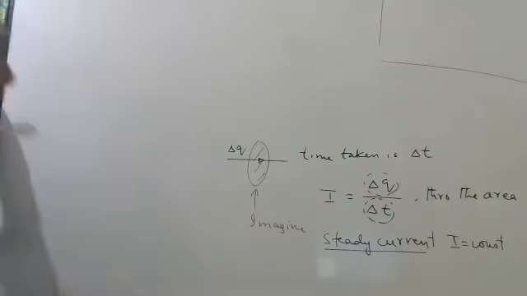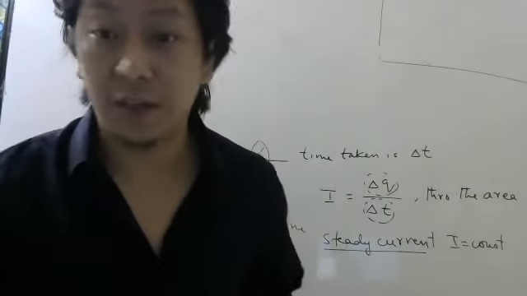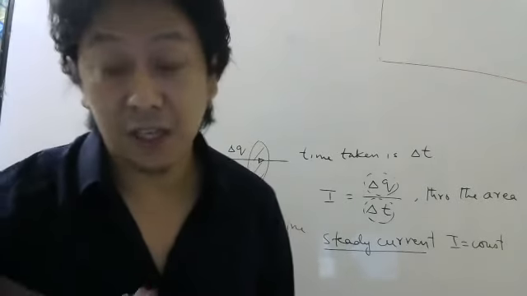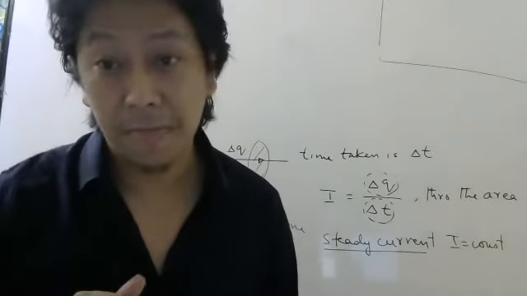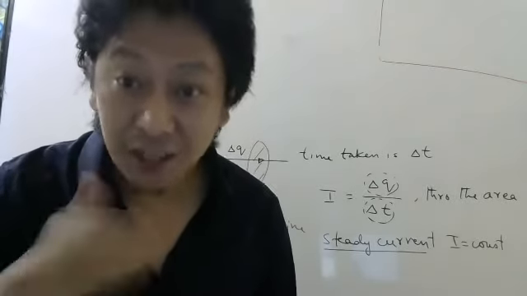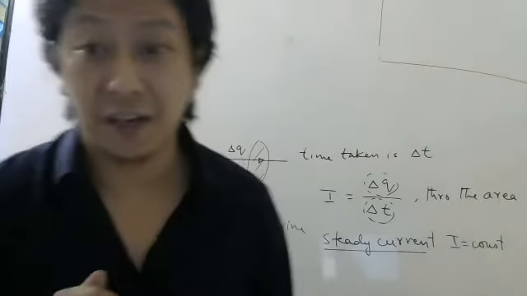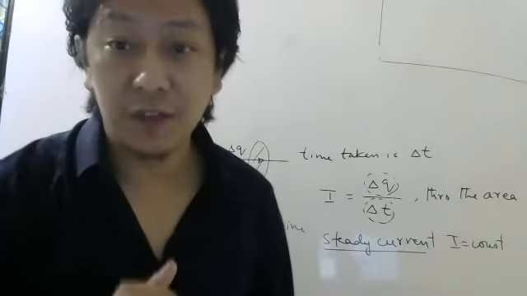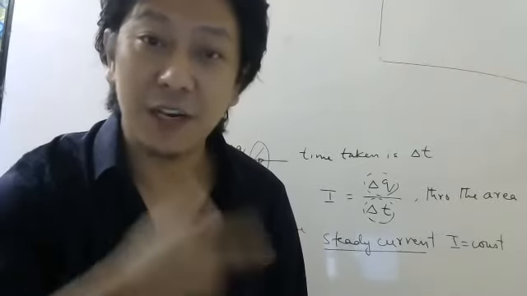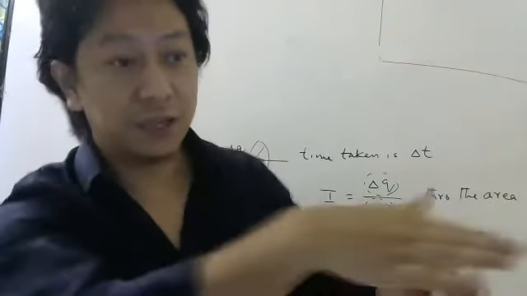But sometimes equal charges may not flow in equal intervals of time. Sometimes it may not be like that. It may be alternating current also, the current which comes to our houses through these wires given by the government. So that is alternating current. So sometimes equal charges may not flow per second. Just like when your car is moving, it is not compulsory that you should cover equal displacements in equal intervals of time. In that case, though, how will you stop? You have to hit the building and stop.